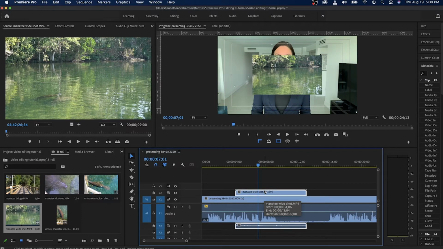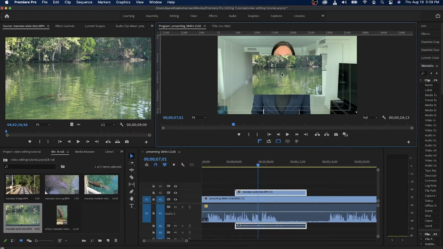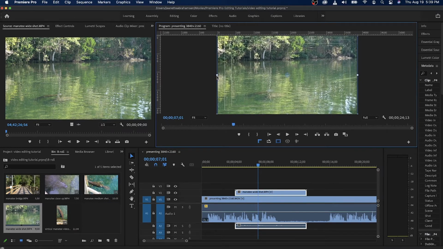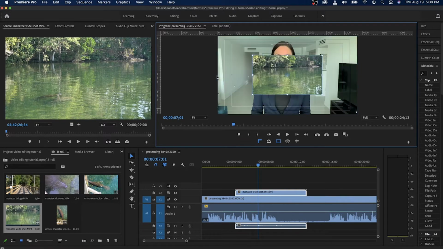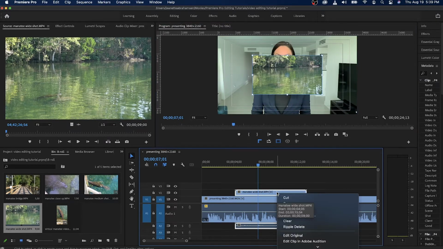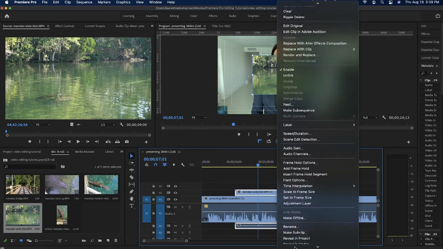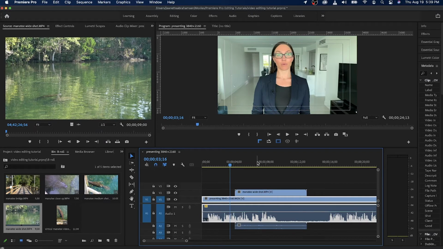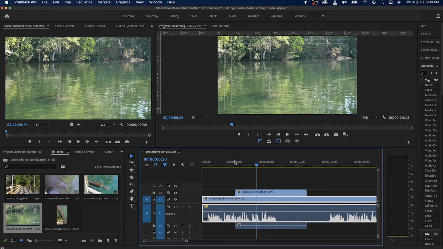And if you don't know what any of this means, don't worry. We'll learn later when we get into the more complex area. But I did want to show you this common problem because a lot of people get confused when this happens here. The easiest way to fix this is to double click here, and then you'll be able to actually make this larger and you'll allow it to fill the whole screen. Another thing that you could do is you could right click here and you could do a scale to frame size. So scale to frame size will also just pop it right there. So it's the same size. So you want to make sure to take that extra step so that your visuals look full screen